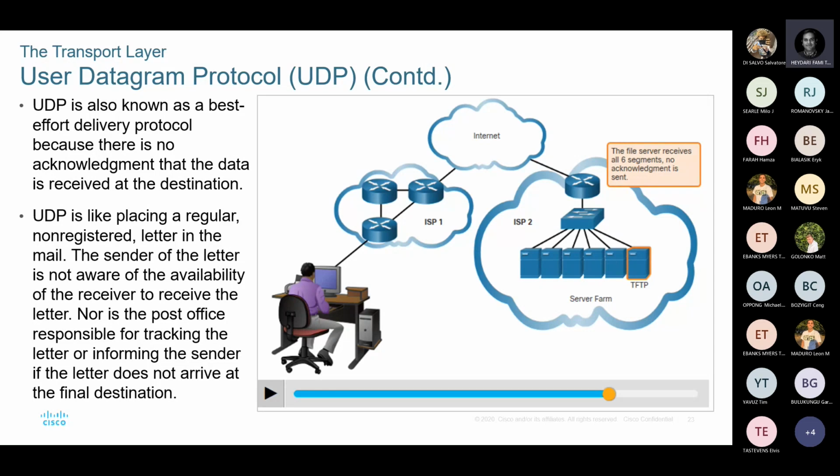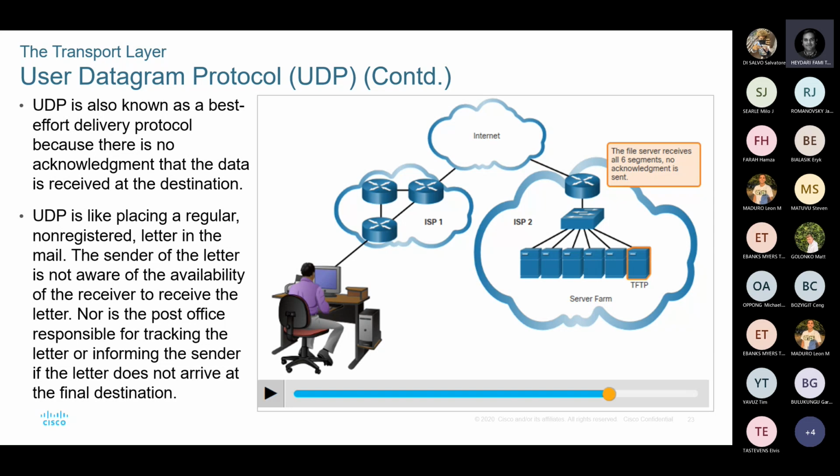Being fast, having a smaller header size means that it's a best effort delivery. There is no acknowledgement process with UDP. Therefore, it's like ordinary mail, when you send a letter and you just place it in an ordinary mailbox, not Royal Mail first class. You just send it and the destination is going to receive it. You don't know when the package will be delivered. You don't know when the postman gets to that address, or if the recipient is present there or not. Once it's been delivered, you don't know if it's been delivered or if the person has opened your message. This is all UDP. Whereas TCP is like first class